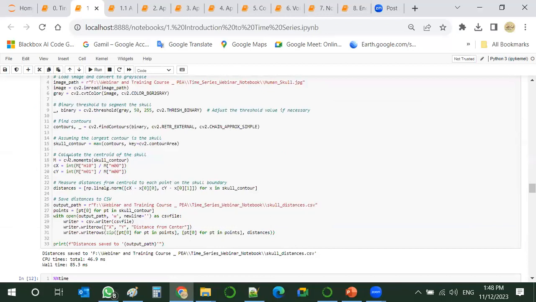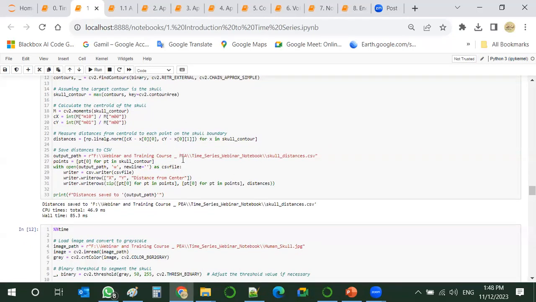And we set a centroid in this skull, and we just calculate the outer contour, the circumference of this skull. So we run this code,